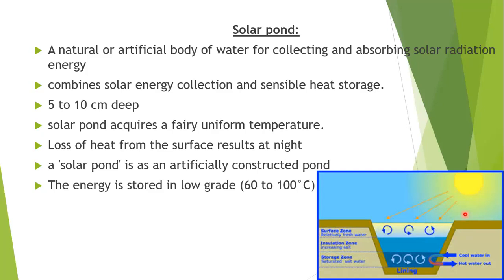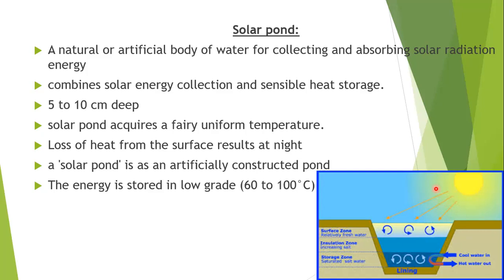So it permits entry of solar radiation from the top here, but it reduces the losses by radiation and convection, by air movement. If the climate is suitable for solar ponds, meaning solar radiation is always present in the daytime, all the pond water can become hot enough for use in space heating, agriculture and other processes. Okay, so under favorable conditions, what are the applications it is used for?